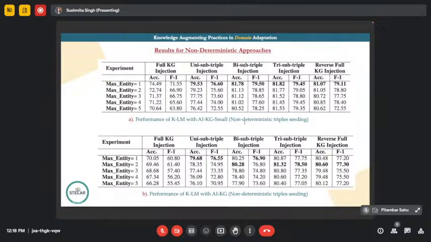techniques which can lead to optimal knowledge practices, and complex large language models which require a lot of computational resources, how far we have come in terms of a standard practice. So this full KG injection is representative of the current state-of-the-art method, which is BERT, bidirectional encoder, which you know. The best performance received from BERT is only 74.49, while in any of the models you will see the minimum performance is at least 76 and the best one is 81.2. So if I say my best performance is 81.82 of accuracy,